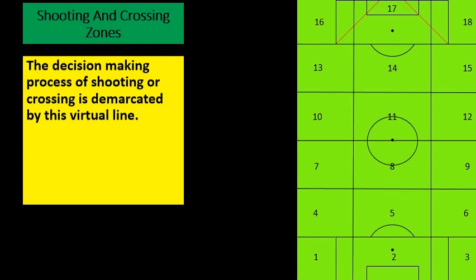This is because the angle of shooting was quite narrow, and so the players must be aware of the zone from which it is possible to score a goal. The more the players dribble towards the end line, the better option would be for the low cross inside the box for his teammates. This zone can be easily shown in practice, which helps the players understand whether to shoot or not.